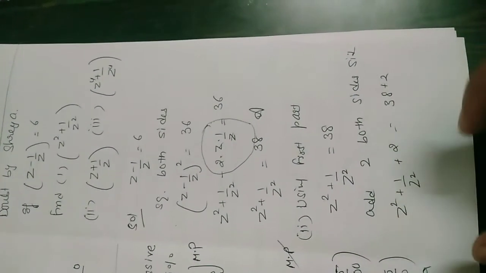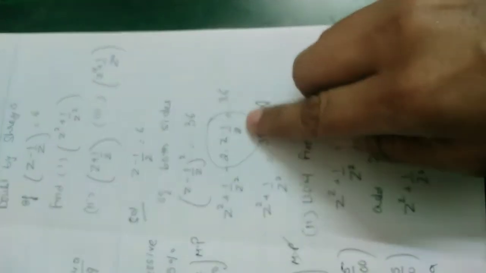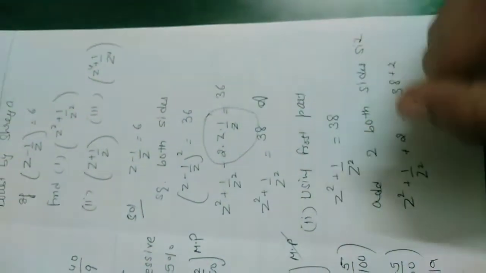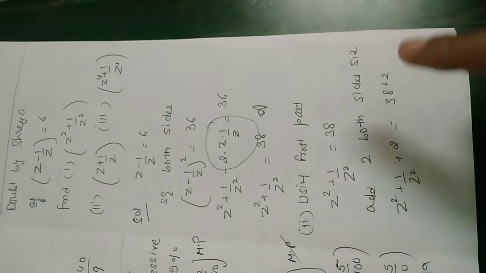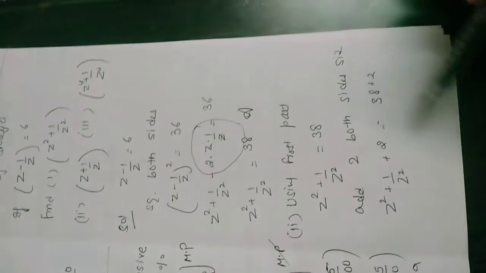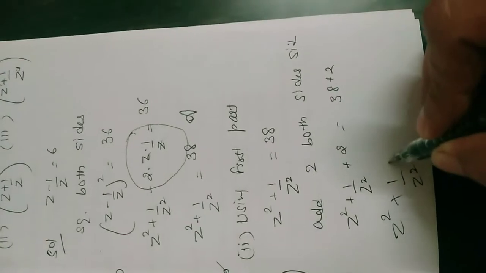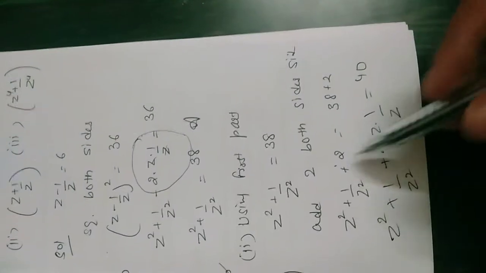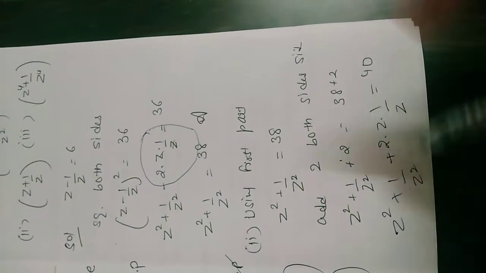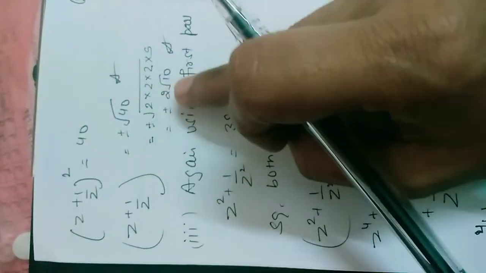32 plus 2. Now just see, what I said here. This is only 2, but actually this is z minus 1 upon z whole square. So similarly, this is only 2. It means this is z plus 1 upon z whole square. Because if I write it like this, z square plus 1 upon z square plus 2 into z upon 1 upon z is equal to 40. So there is no difference between this and this, because z cancels with z and only 1 remains. So it means this is z plus 1 upon z whole square. After this, square changes to square root and you can open.